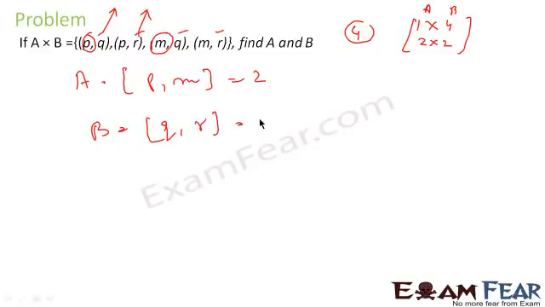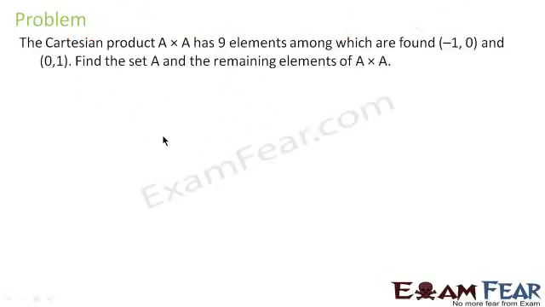And if you see, this is also 2. So 2 into 2 is 4. That means our assumption is correct. So A is a set which has two elements, P and M, and B is a set which has two elements, Q and R. Let's take one more problem, where it says the Cartesian product of A into A has 9